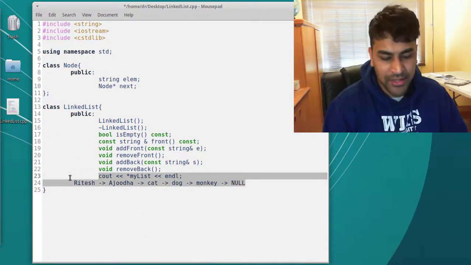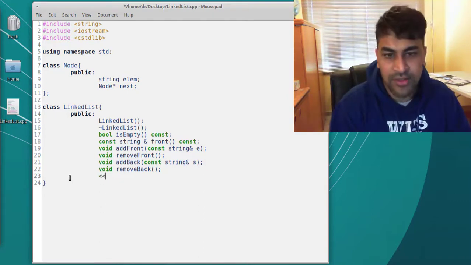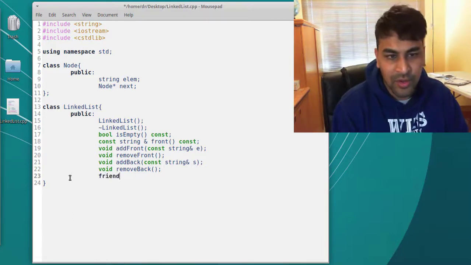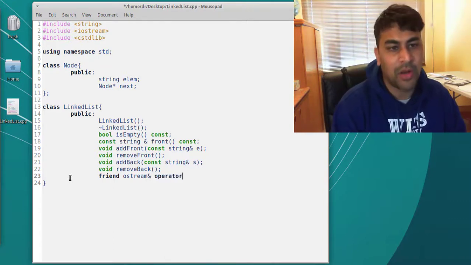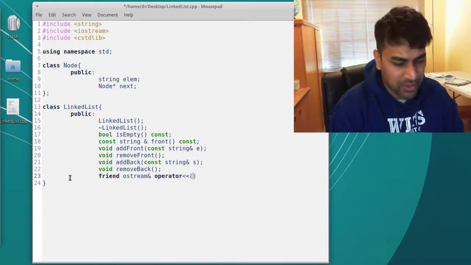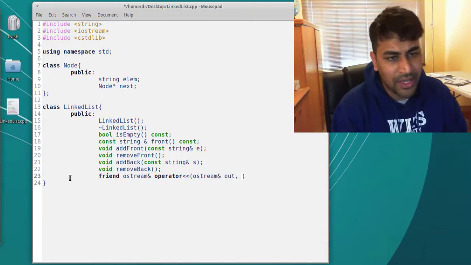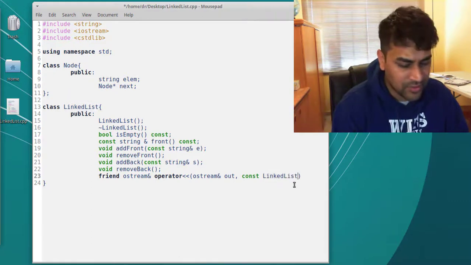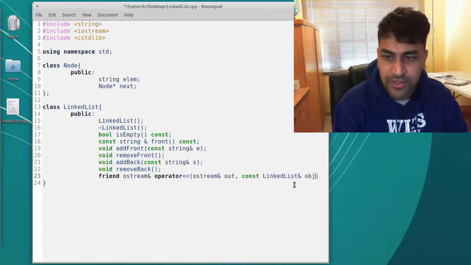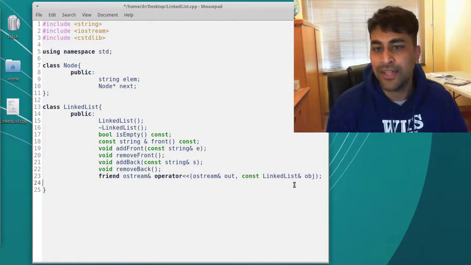We can do this by creating a function called operator which overloads this operator. Let's do that. We will create a friend function which returns a reference to an ostream object. The name of our function will be operator, and we will take in two arguments. One, the ostream object, which we will pass by reference, call out, and a constant reference to a linked list object, which we can call object. We will implement these functions in a minute, but we have to first define them,